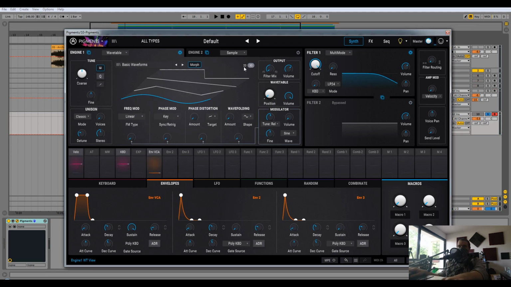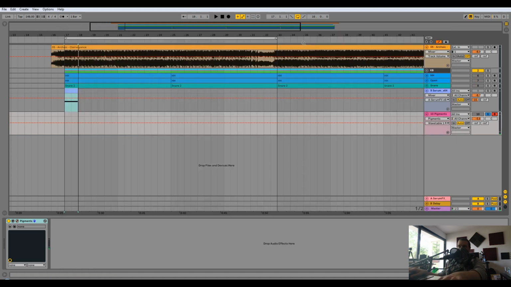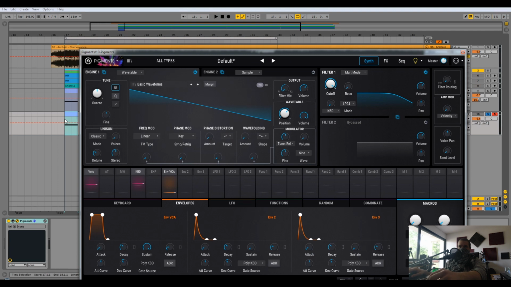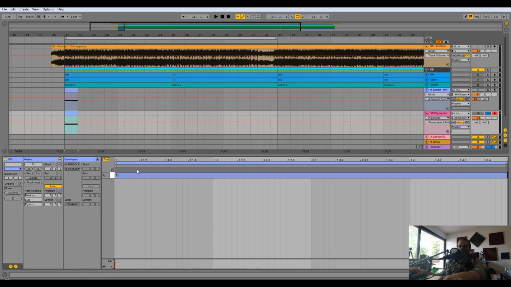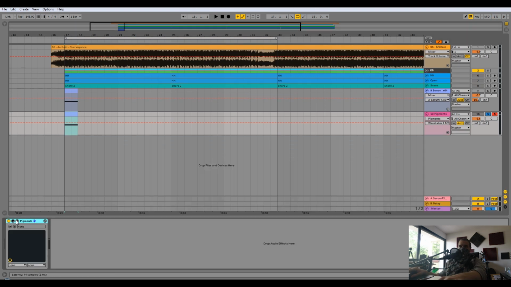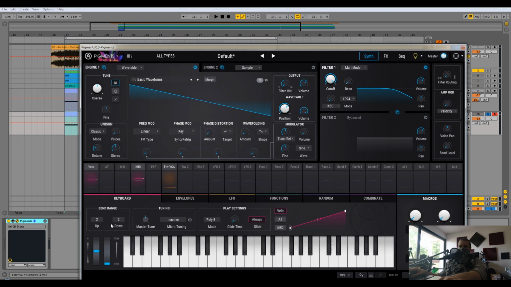Now I'm going to set the oscillator to saw, like so. But first of all, let's take the same pattern. Now, I don't know if you use Ableton Live or not, but because I've copied the same pattern, the same automation of the pitch was copied with it. So now all I have to do is go to my keyboard in here and set the pitch bend range up to 24, basically 2 octaves. And now we